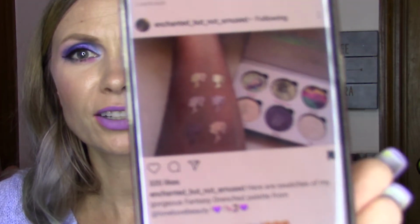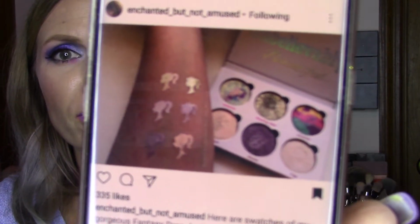And now they've got the Fantasy Drenched palette. So here's what it looks like. Look at those top 3 highlighters, and they look beautiful. I just love how they're all kind of mixed together. That is not going to be on my wish list because I think those highlighter palettes are pretty expensive. It doesn't say a price here, but I looked up one that came out a while ago, and it was too expensive for me to purchase,